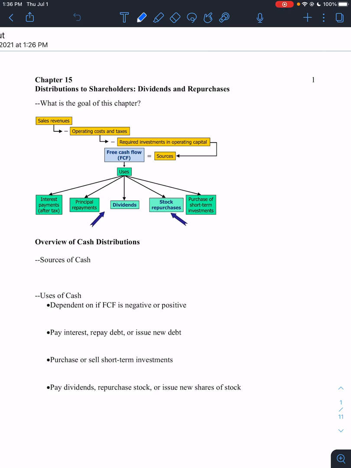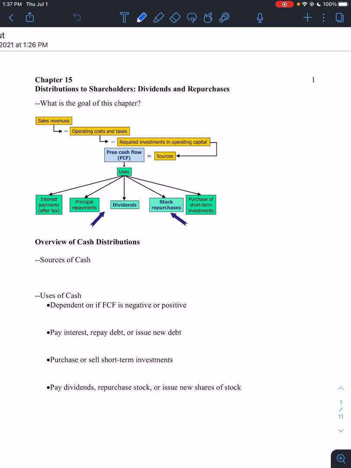But in this chapter, we're not going to actually even probably have time to talk about stock dividends. So you can always just assume that when we say dividends, we mean a cash dividend, a cash distribution to our shareholders. But there's actually a second way we can provide a cash distribution to our shareholders, and that is with repurchases. And we see companies use both. We also see companies pay out no dividends. And so this is another area of finance where we're like, oh, some companies pay dividends, some companies don't. Why? Why is one company making choice A and the other company is making the opposite choice B?